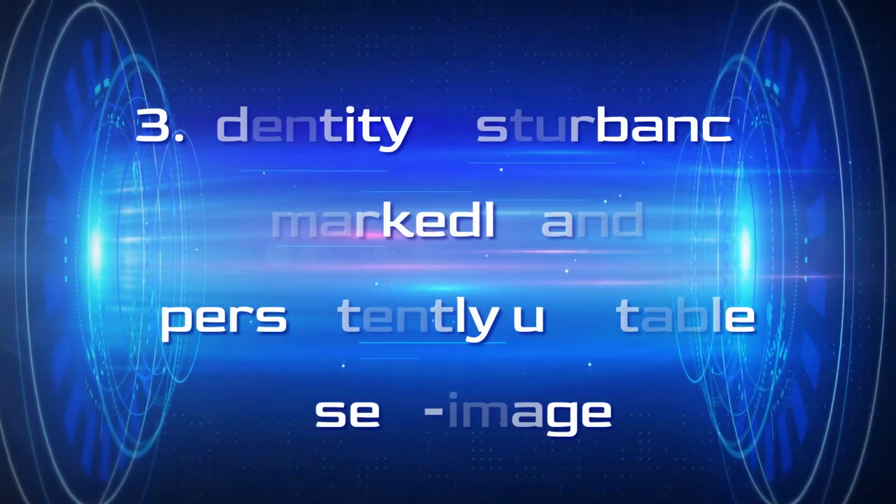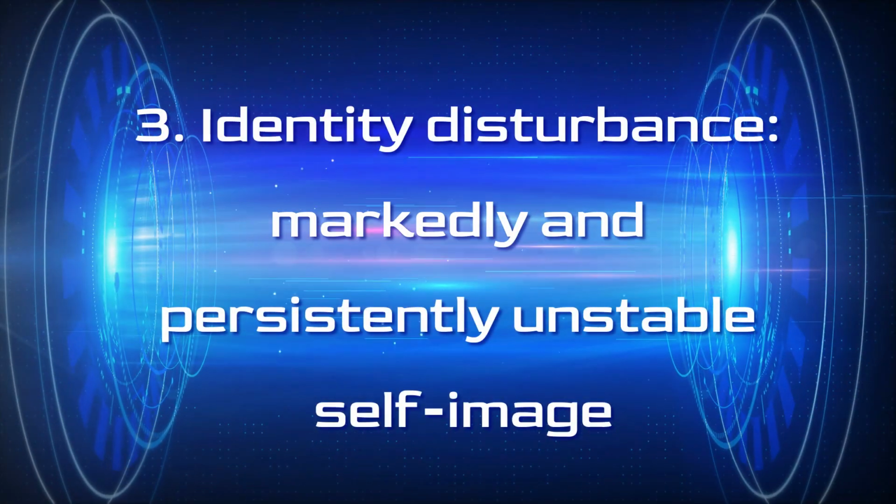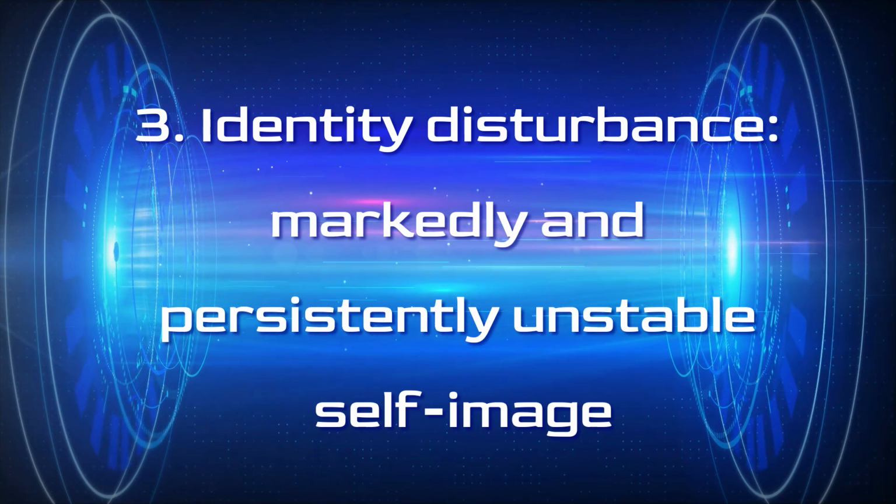There can be an identity disturbance, a marked and persistently unstable self-image or sense of self. So this is that fluctuating degree to which the person looks at themselves, considers themselves, and has any degree of self-image or self-esteem. This can really fluctuate between extreme feelings of high belief in self and an absolute destructive sense of self. And we can see there's a link here between this and narcissistic personality disorder, because there is some overlap between the two in this characteristic.